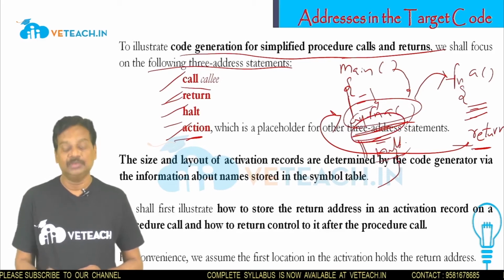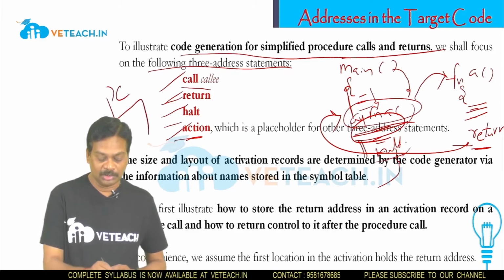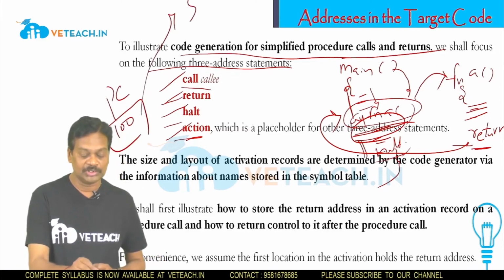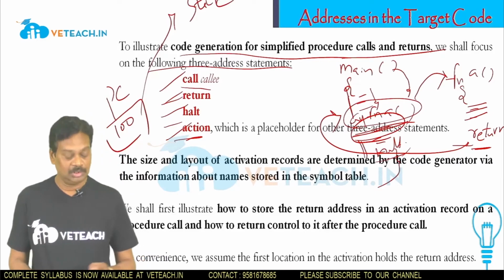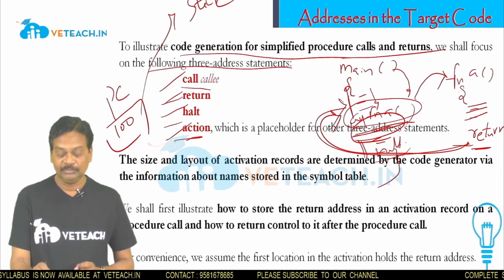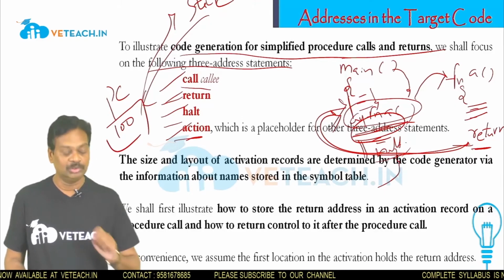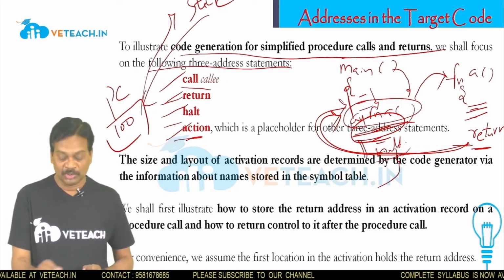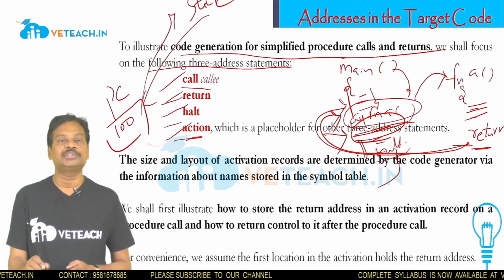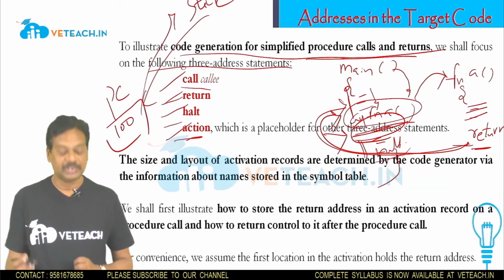This next instruction address will be stored in the program counter. This program counter value, for example 100, will be stored into the stack. While it is returning from the subprogram to the main program, the stack puts the value 100 into the program counter. From there onwards, after the call function, the next instruction at location 100 will be executed. This is what we call procedure calls and returns.